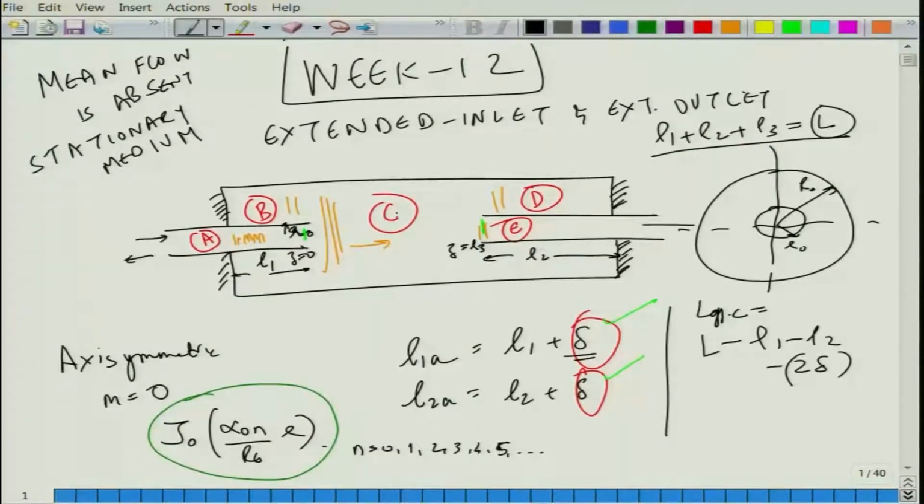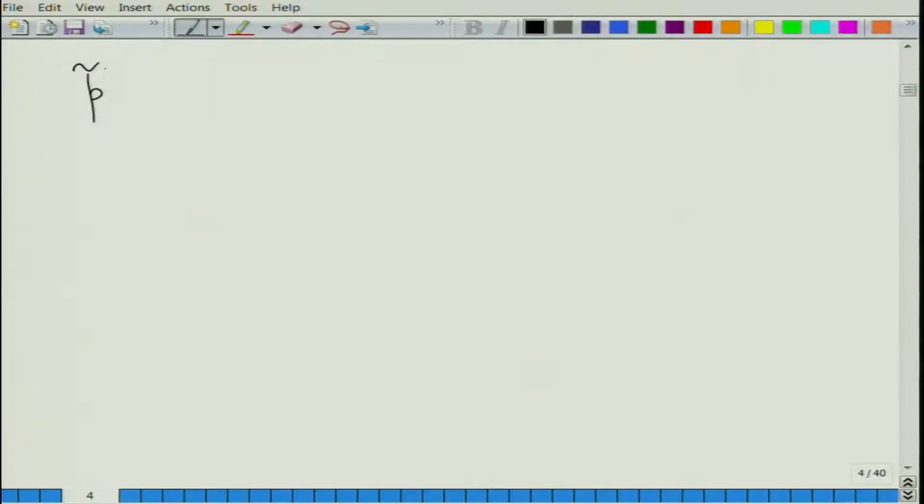Here also, like I was mentioning in the last lecture of week 11, that annular region is included for A, E as well as C. So, the Neumann function will not be there, there will only be Bessel functions. So, under such a situation, the analytical solution for the chamber region, that is C, is given by